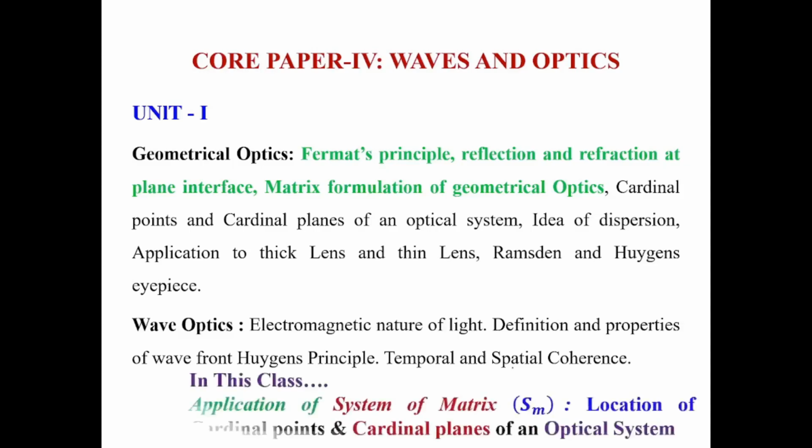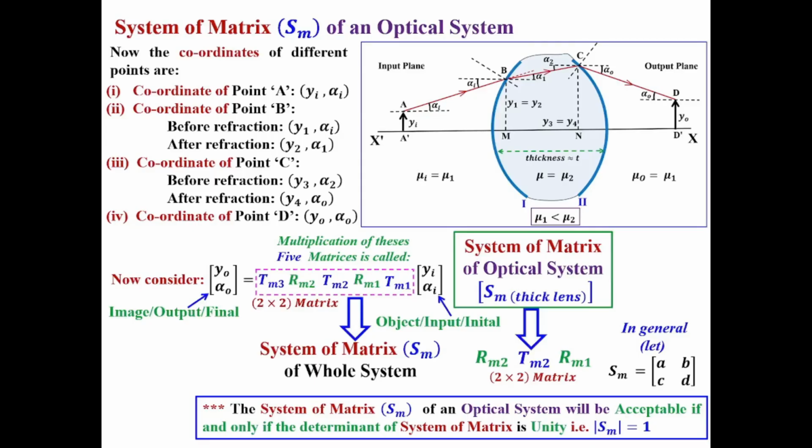In this class, we are going to discuss the location of cardinal points and cardinal planes of an optical system. Before we discuss today's topic, let us recall what we discussed in our previous class. In that class, we discussed the system matrix, which is represented as S subscript m